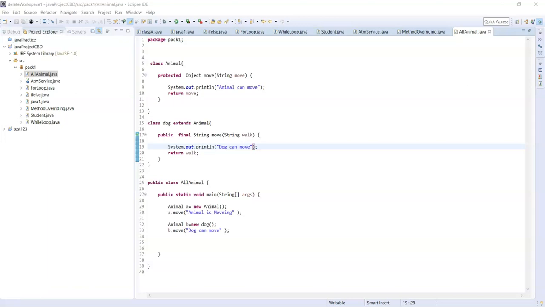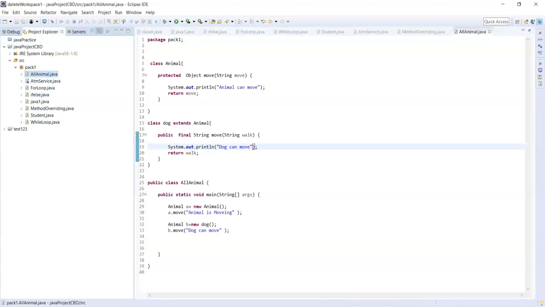So now we are going to see another important topic called method hiding. What is method hiding, and what is the difference between method hiding and method overriding? We will see that in this session. So let me create one class out here,